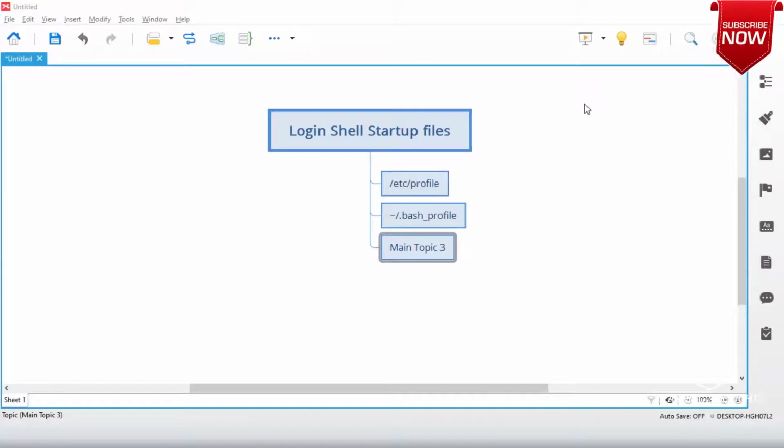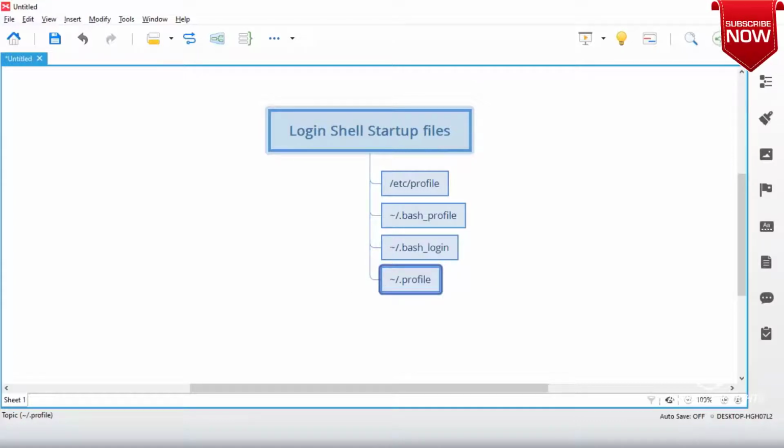It is hidden. So the next file that can be loaded is .bash_login. And then at the last, the file that can be loaded in your home directory is called .profile.